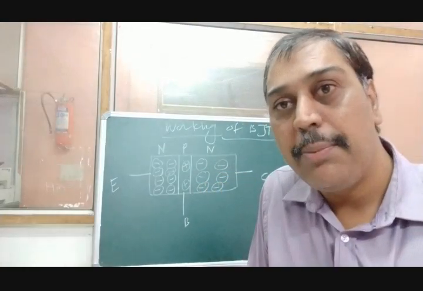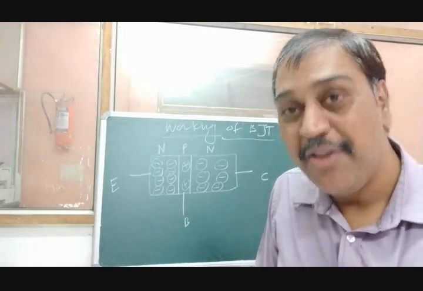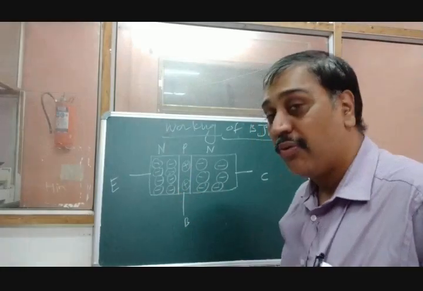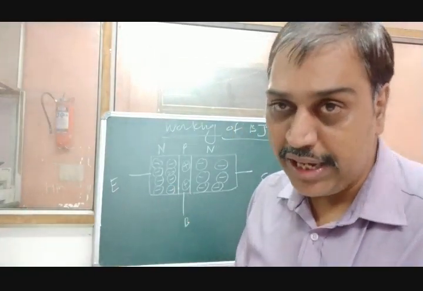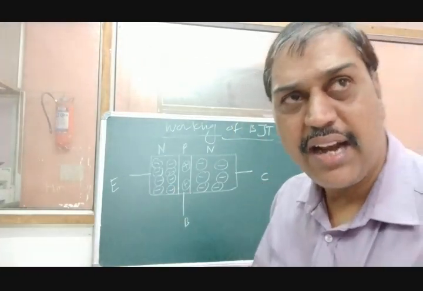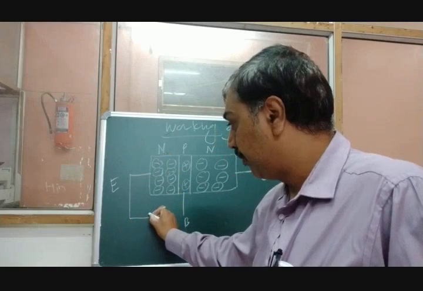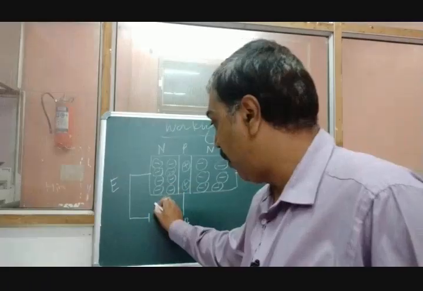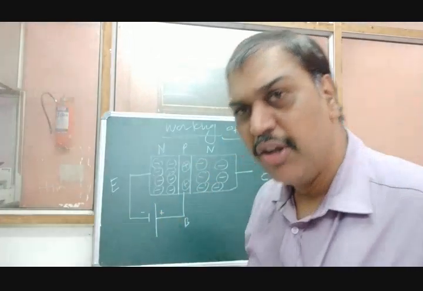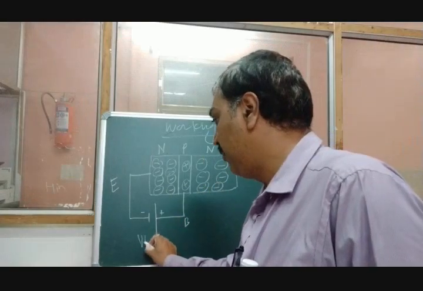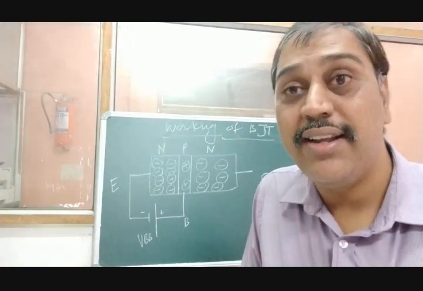Now for the best working of the transistor, the input junction should be forward biased. To make this forward biased, we have to apply a battery. Forward bias means what? The positive of the battery is connected to the P region, and the negative of the battery is connected to the N region. It is said to be forward bias. Apply the battery connections here. N type, so the negative of the battery is connected to N, and the positive of the battery is connected to P. Suppose this is the input battery represented by VBB. This initial junction, the emitter base junction, is now in forward bias.